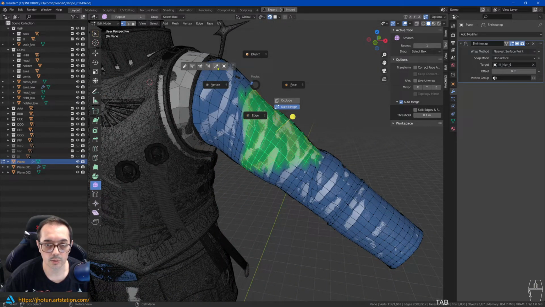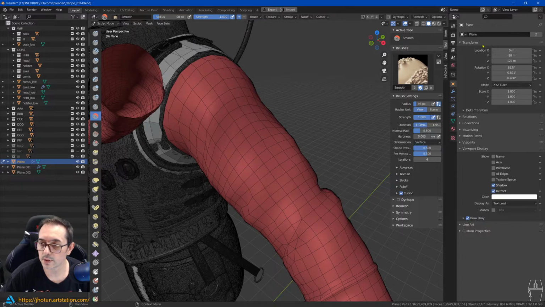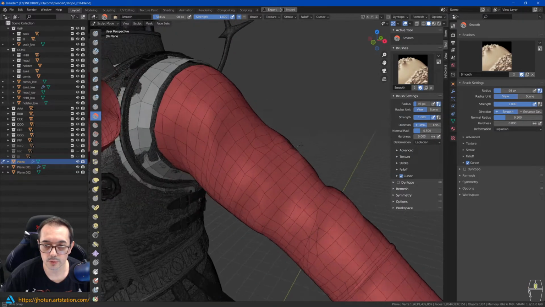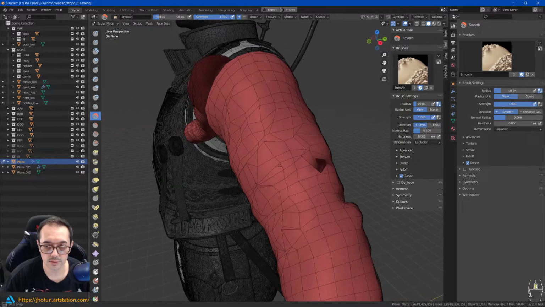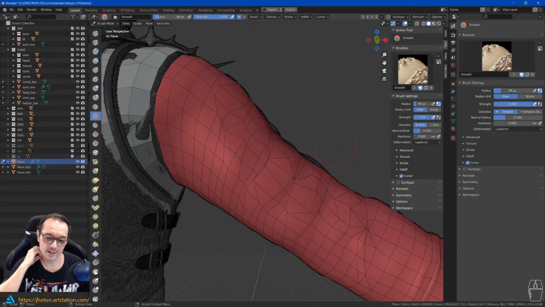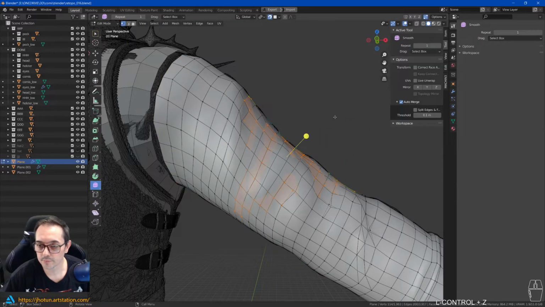I can go into sculpt mode. I can activate here in front, and I can do the smooth with the other type of smooth, because now the modifier is taking care of the snap. You know, I'm destroying the mesh, but as you can see, everything tries to be snapped. So yeah, again, it's not perfect, but that's what we have. Okay, so